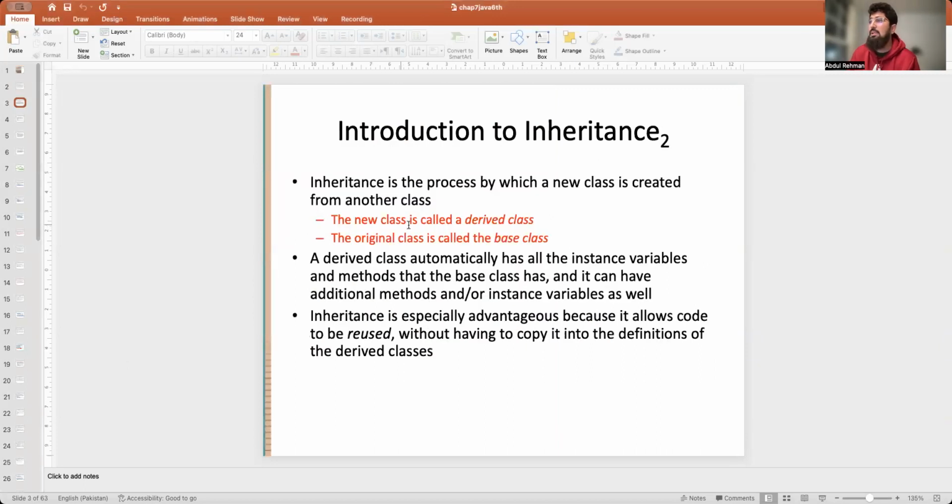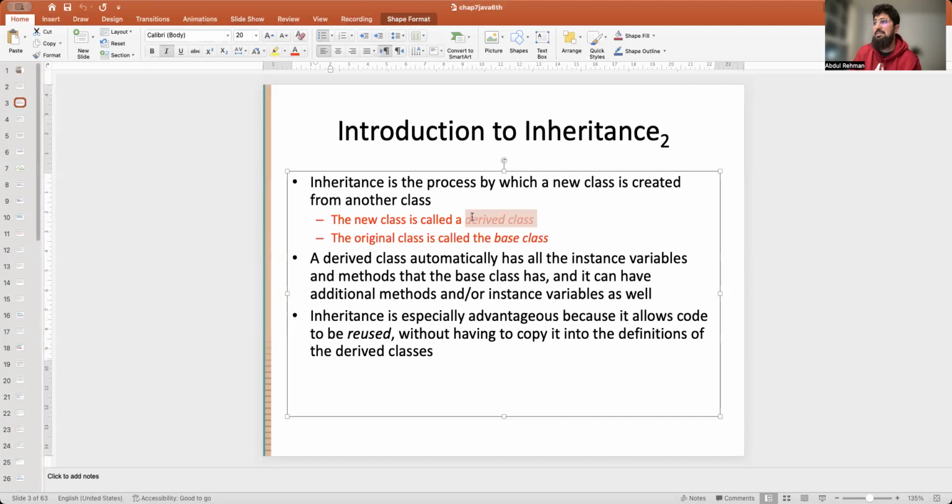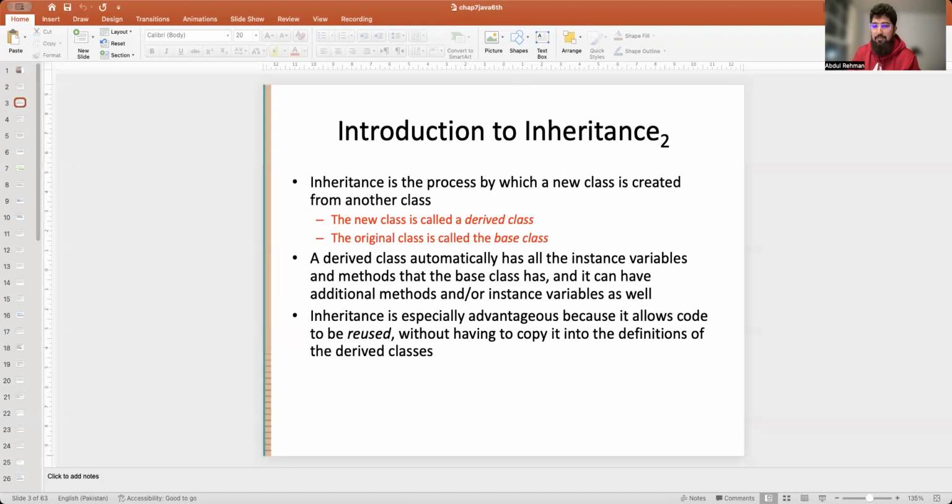And then the new class is called the derived class. So it means the same, like a child class is called the derived class, the same thing. And the original class is called the base class. So for instance, I'm going to give you an example that we may have a situation when we are working